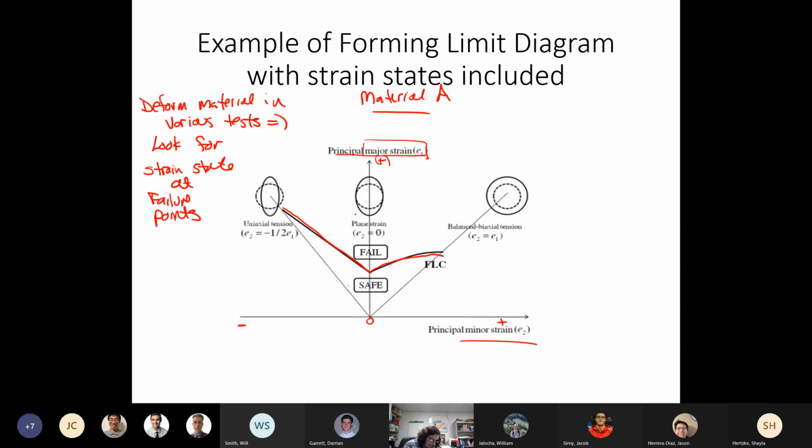Again, anything above that would cause failure, anything below would be safe. So the line itself is our material property. And if we start with circles,